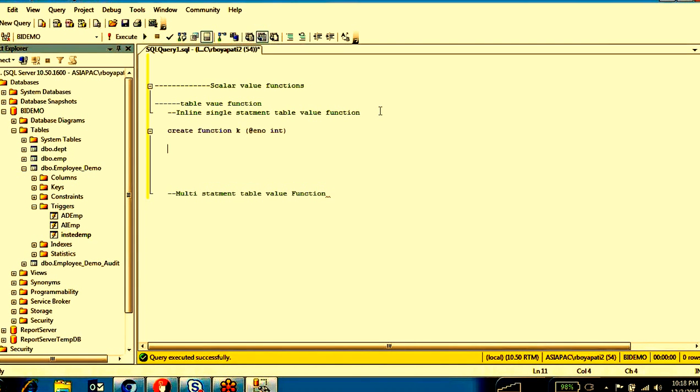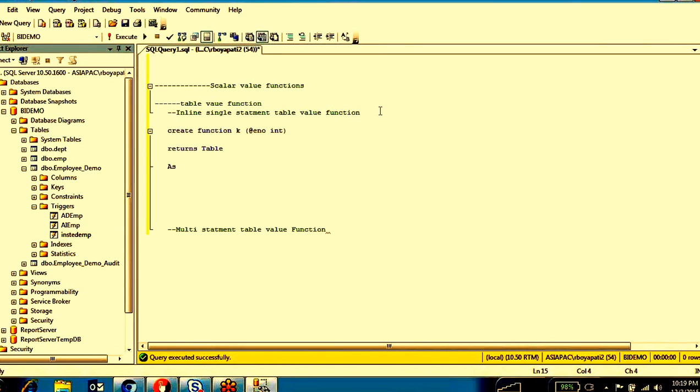So returns, the type is table. No need to write begin and end. In what scenarios do we write begin and end? Whenever you are writing more than one SQL statement, you write between begin and end.